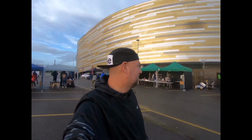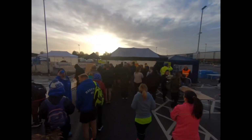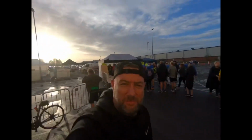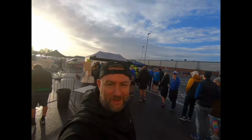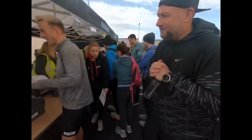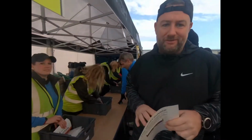Now arrived down at Derby, where there are physio beds, a local physio doing rub downs before and after the race. We've got the Derby Runner down here. Right, so we're on behind me here, and then we're going to head out. That is race number collected, and then head out for a quick